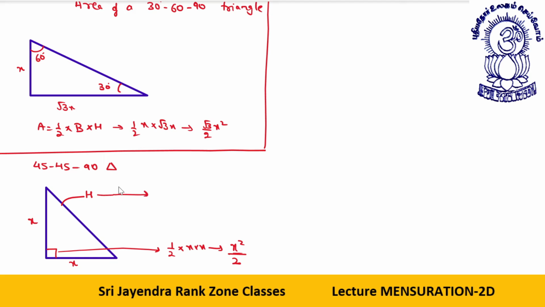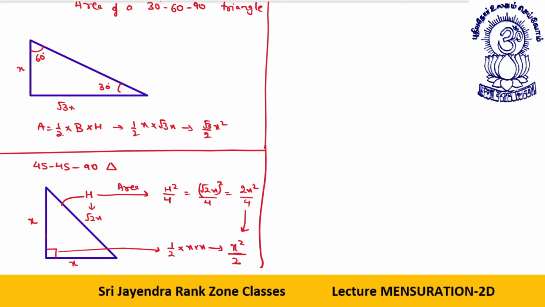Okay. Area in terms of hypotenuse will be, dear students, h square by 4. How come h square by 4? Look, h is what? H is root 2x. If this is x, this is x, 90 degrees, so this side is root 2x. So if I put root 2x square by 4, what do I get? I get 2x square by 4, or x square by 2. Clear? Therefore, the area is x square upon 2. Any doubt on this? You have got this.